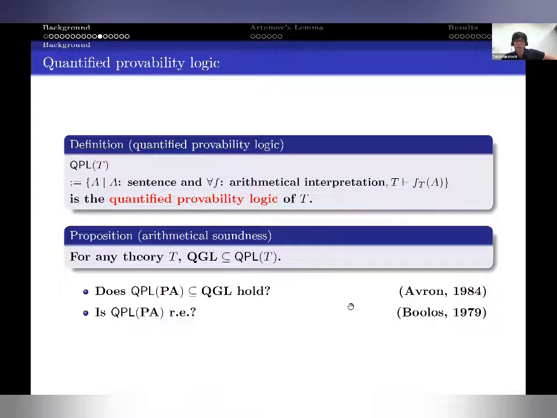Avron asked whether the quantified provability logic of PA is included in QGL. And Boolos asked whether the quantified provability logic of PA is RE. And they are very natural questions, but